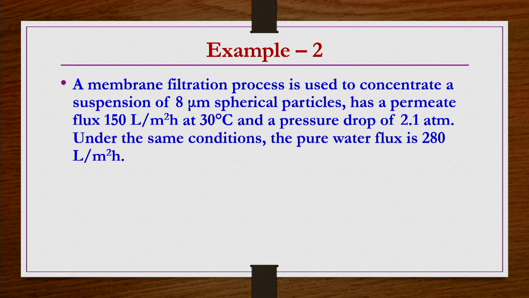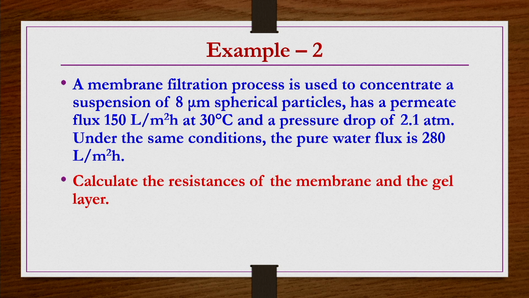Okay. We take another example problem. A membrane filtration process is used to concentrate a suspension of 8 micron spherical particles, has a permeate flux of 150 liter per meter square hour at 30 degree centigrade and a pressure drop of 2.1 atmosphere. Under the same conditions, the water flux is 280 liter per meter square hour. Calculate the resistance of the membrane and the gel layer, that is Rm and R gel we have to